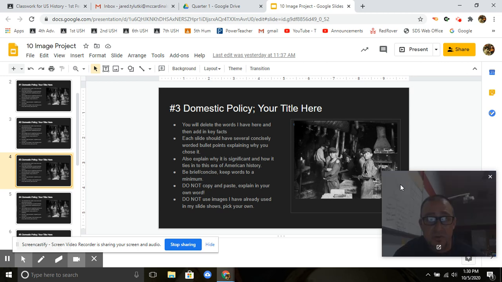So we'll just use slide 3 here, for example. I have a picture of some kids working in a factory. I don't know how old they are, but they look like they're pretty young, maybe 10, 11 years old would be my ballpark guess. This was the era where a lot of photographs were taken of kids going into factories or going into coal mines, doing these hard, adult, intense labor type jobs. And the first child labor laws started getting passed around the country. So you definitely could use child labor as a topic for a domestic policy issue.